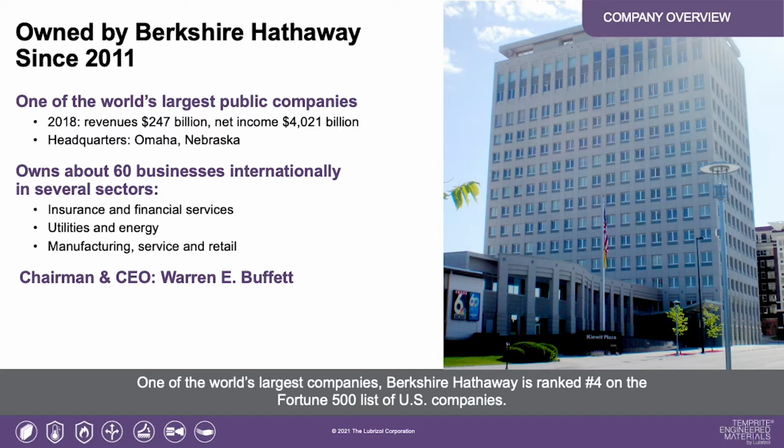First, we would like to introduce ourselves. Owned by Berkshire Hathaway, we are part of one of the world's largest public companies. Berkshire Hathaway is ranked number 4 overall on the Fortune 500 list of U.S. companies. Located in Omaha, Nebraska, Berkshire Hathaway owns about 60 businesses in several different sectors across the globe, totaling $247 billion in revenue in 2018. These sectors include